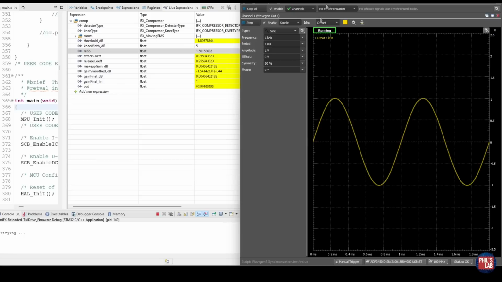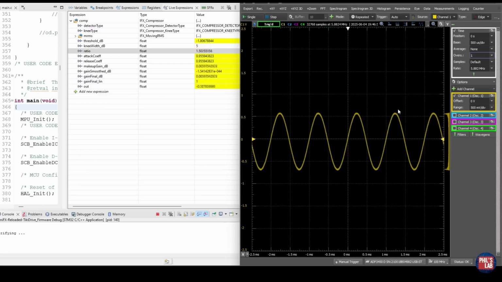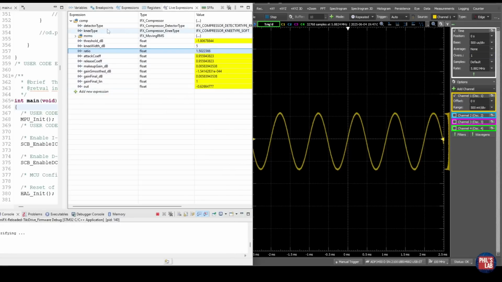To do that, I'm feeding the wavegen output of my Analog Discovery Pro into the input of this guitar effects pedal, and I'm monitoring the output of the guitar effects pedal with the compressor engaged on channel 1 of the scope. On the left-hand side, we can see Cube IDE, and I'm doing a live expression view of my compressor struct, so we can monitor the variables such as threshold, knee width, ratio, and so on